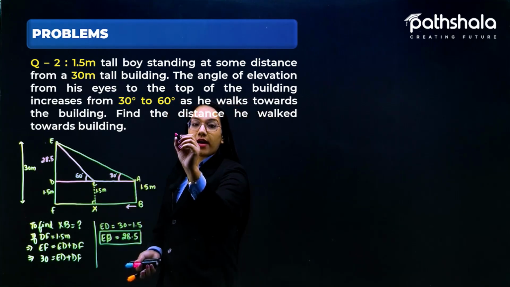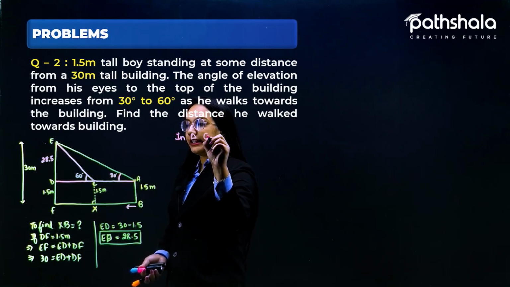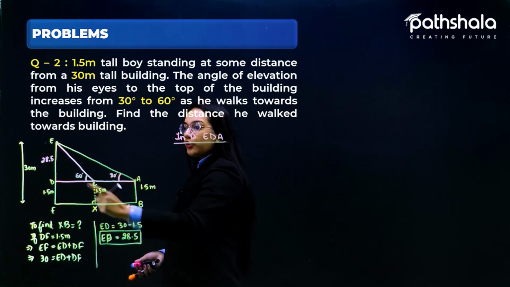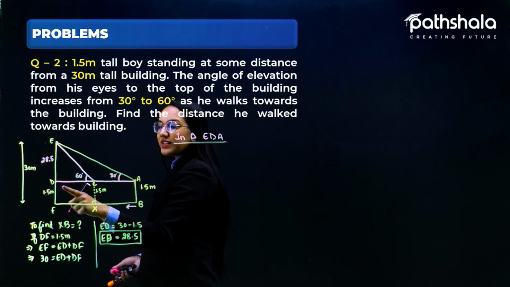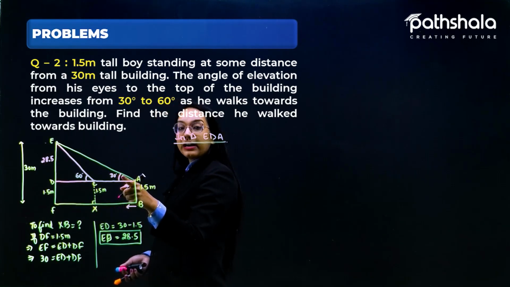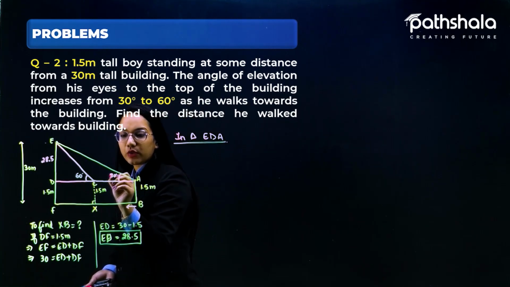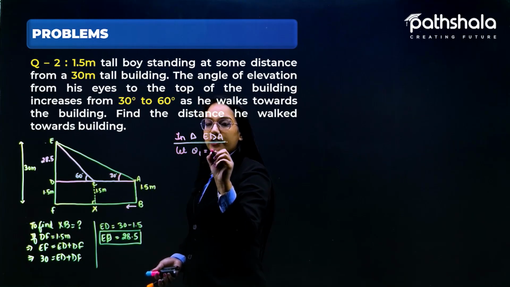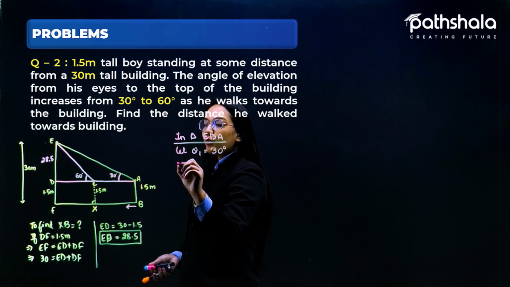So let us suppose I'm talking about the triangle EDA. As you can see, for this particular triangle, this is my perpendicular, this is my base, and this is the angle theta. Let us suppose I take this particular angle as theta 1. Let theta 1 be 30 degrees, and we know that